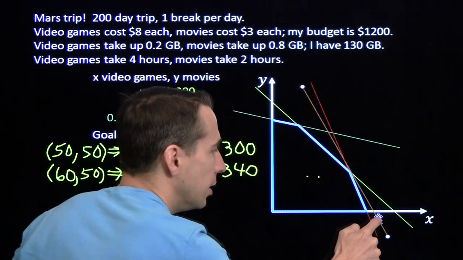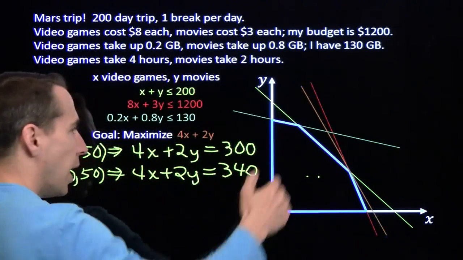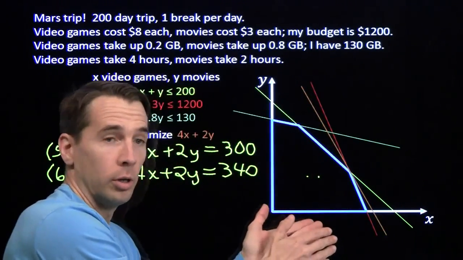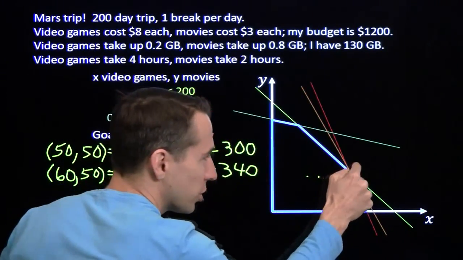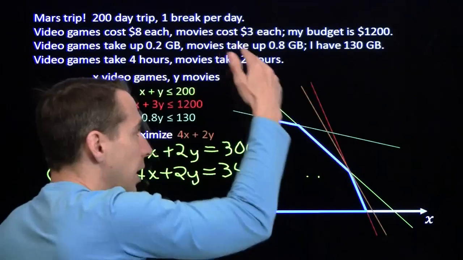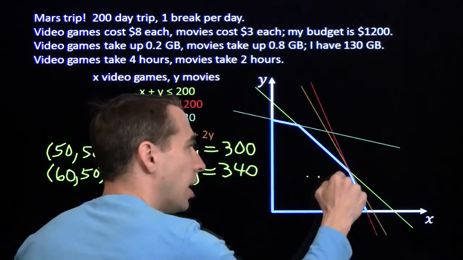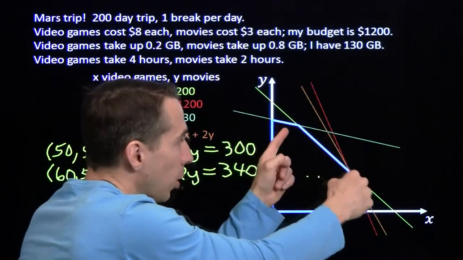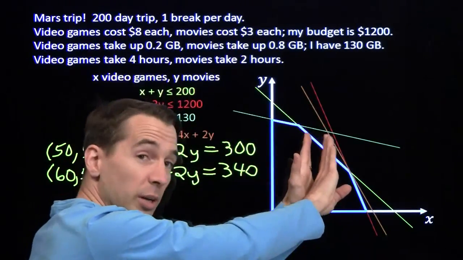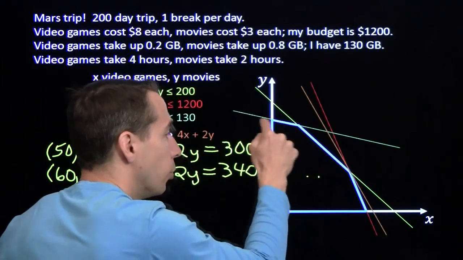So where I know I'm going to end up, where I can maximize this 4x plus 2y, is when I hit a corner. It's going to be one of the corners. Now we don't know which corner. We can tell by looking at this graph it sure looks like it's going to be that corner, but without drawing lines we wouldn't know for sure. But we know it's going to be a corner. The farthest out line is going to be at a corner, because if I'm going to go through the interior I can definitely move farther out. If I'm going through a boundary but not through a corner, then I'm still going to be able to move farther out. So I know that the winning line is going to go through one of the corners.